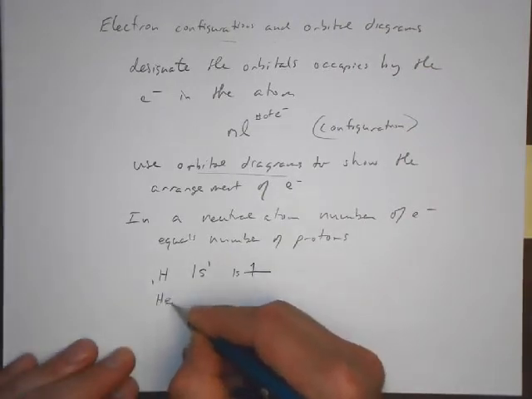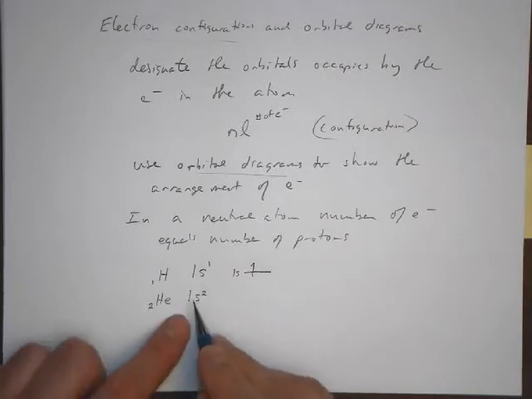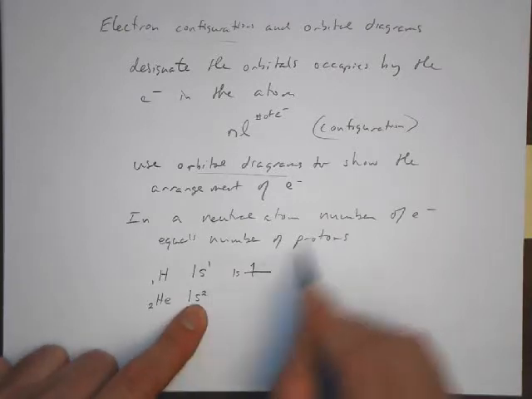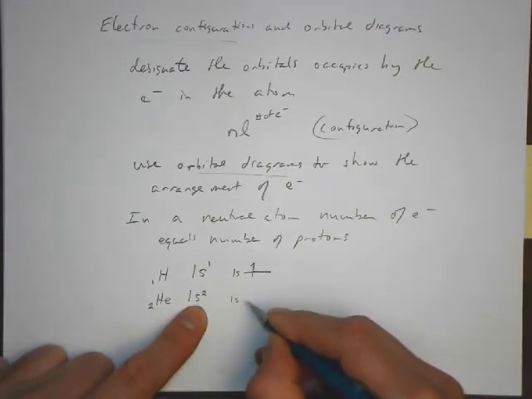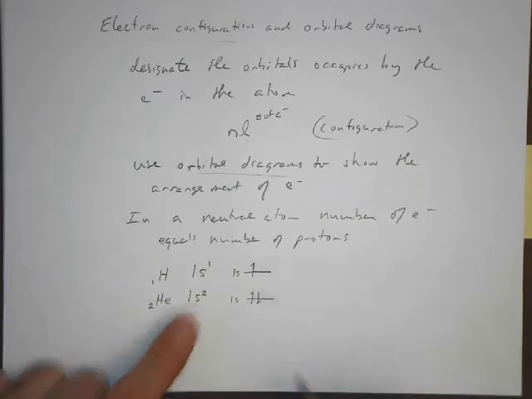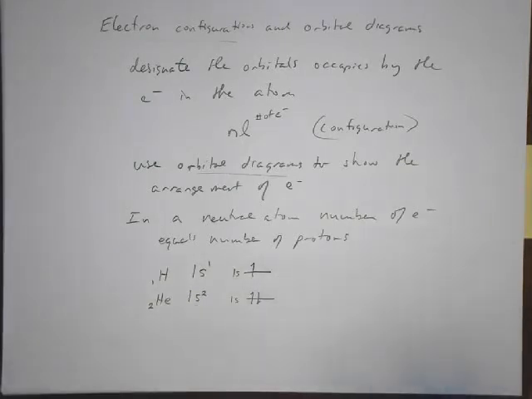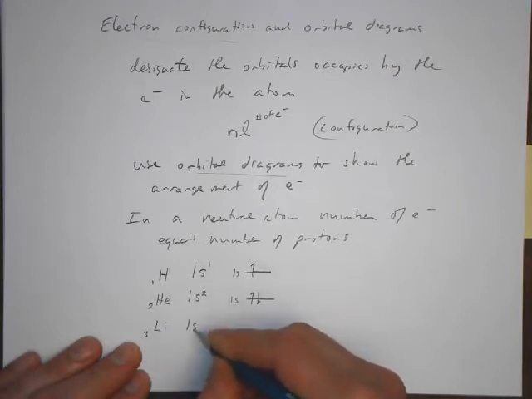If we go to helium, the electron configuration is 1s2. In other words, we have 2 electrons in the 1s orbital. The 1s orbital would have 2 electrons. And to indicate that they have different spins, meaning they have a unique quantum address, if you will, by the Pauli exclusion principle, we're going to draw the arrows in 2 different directions. We can go to lithium, for example, and in this case we'd have 1s2,